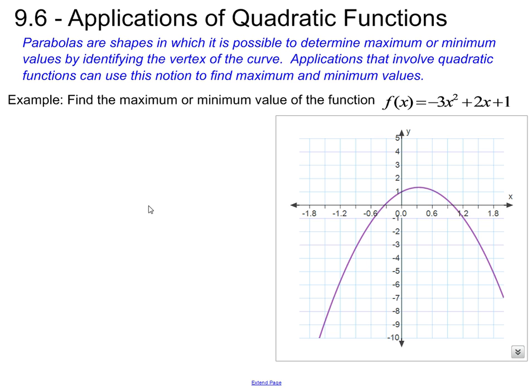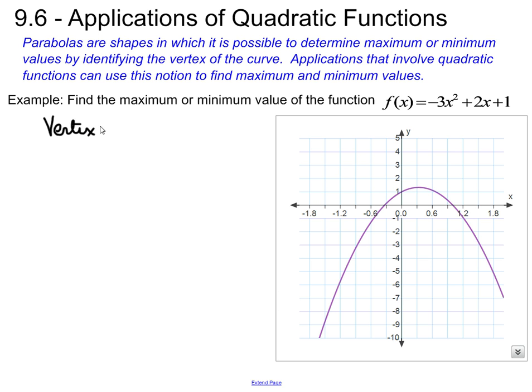The first one, let's just talk about a really basic function and say they ask, let's find the maximum or minimum value of the function f of x equals negative 3x squared plus 2x plus 1. How should we go about that? Well, if you recall, one of the things that we were able to establish back in the last section was that we can find the vertex